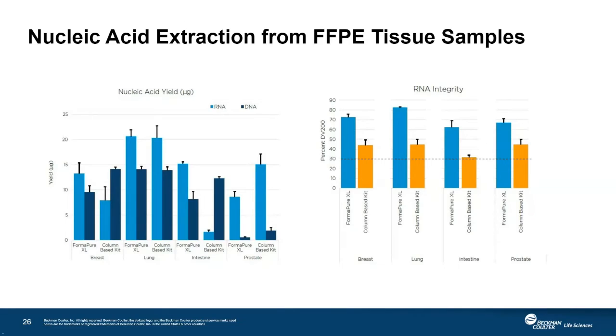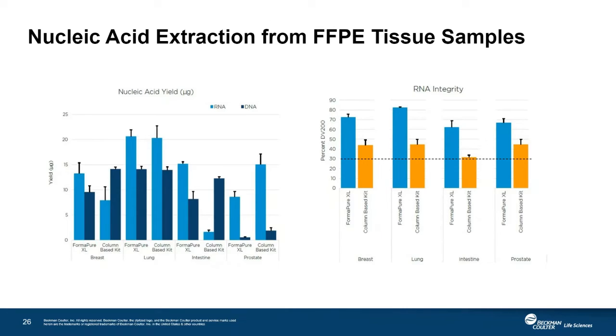If we look at our comparison with the column-based method, overall, we're about the same, right? So we're on par with them in several instances. Our yield itself is much better. The prostate samples are a little bit of an outlier in that yield, but again, we're on par with yields,